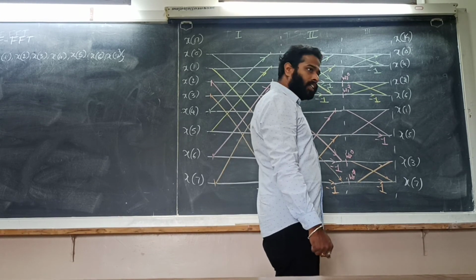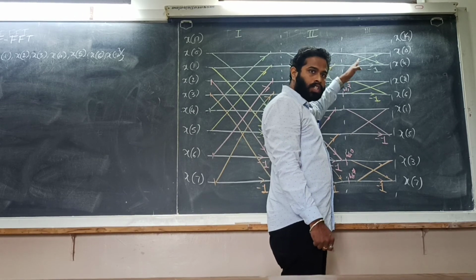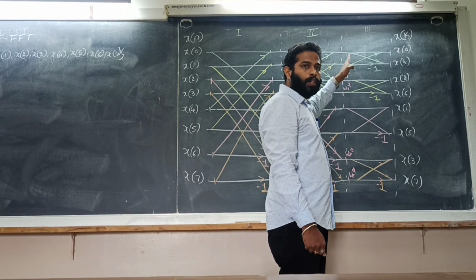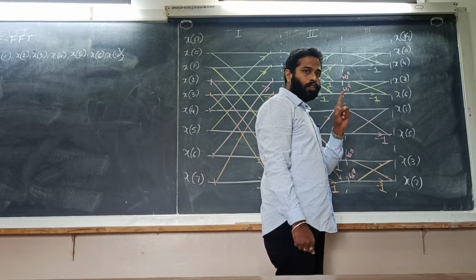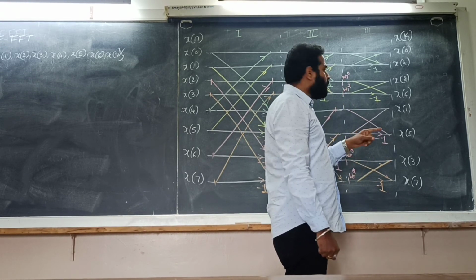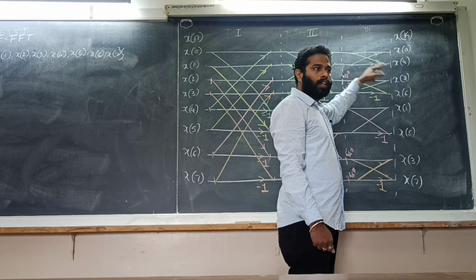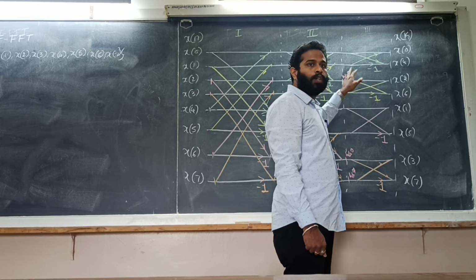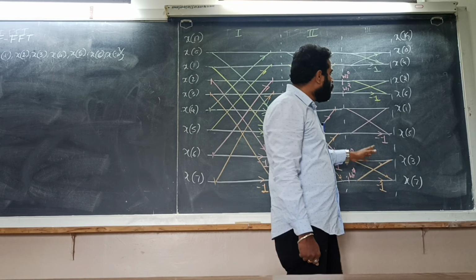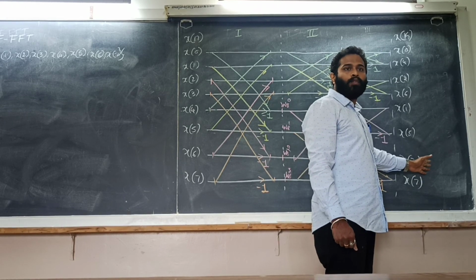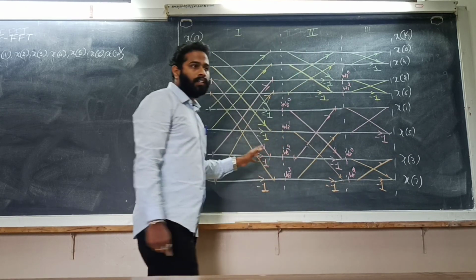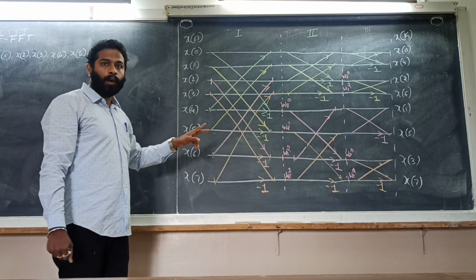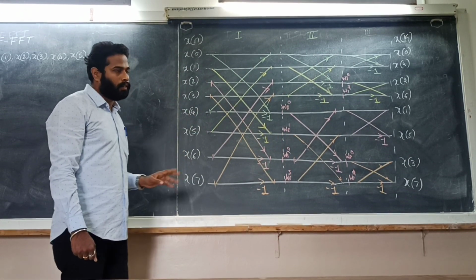Now the outputs of the second stage will become inputs for the third stage. Before starting the third stage, we need to multiply third value, fourth value, seventh value, eighth value by W8 to 0 and W8 to 2. And then taking second to first, first to second by negating second, 4 to 3, 3 to 4 by negating 4, and so on. Here the outputs you will get will be the discrete Fourier transform. This completes the construction procedure for 8-point DIF FFT.